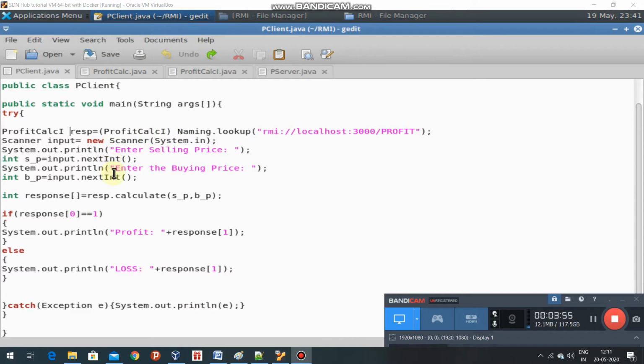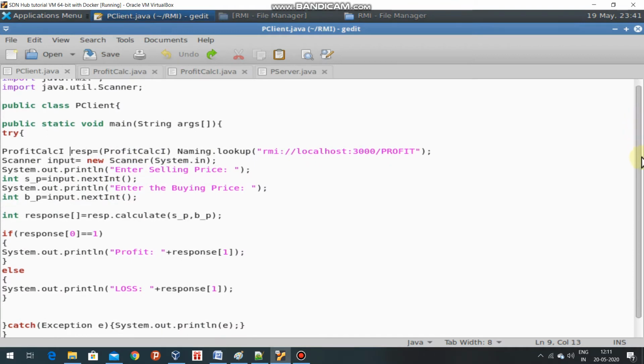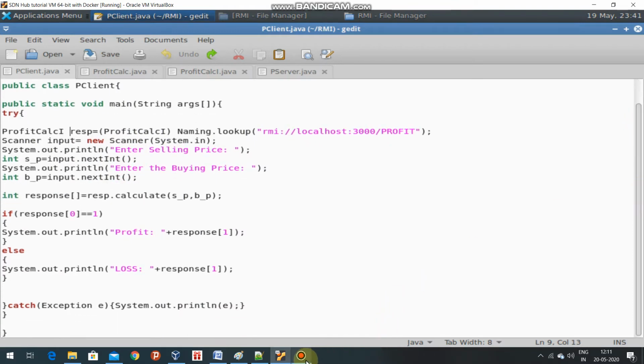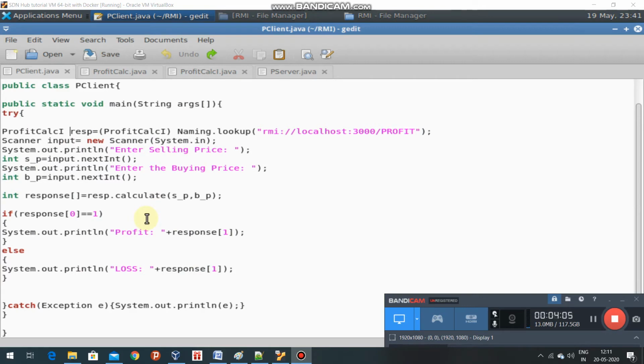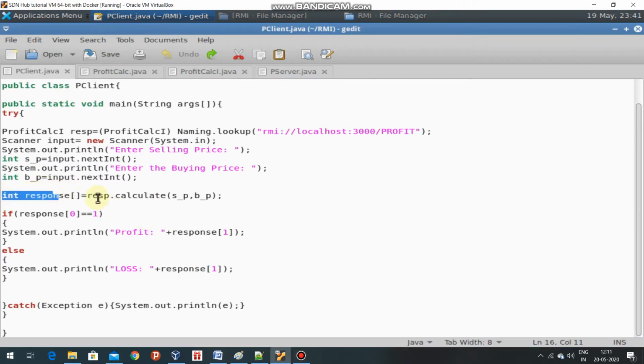Next, I have used a scanner class for taking input from the keyboard. The selling price and buying price I have taken, and in this line, notice, I have invoked the method using RESP. We can say that RESP is a proxy object.